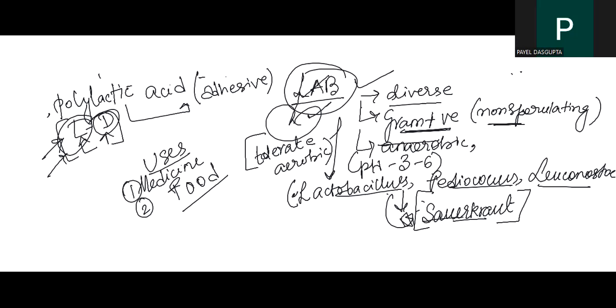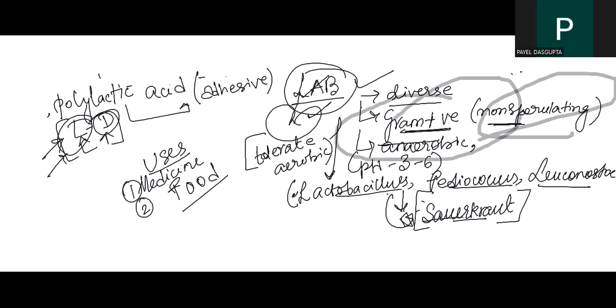The point which you should know is it is a gram-positive bacteria, non-sporulating. Okay, then the pH is 3 to 6. This is important. Then there are some bacteria like Lactobacillus, Pediococcus, Leuconostoc, which are important in fermenting products. One such example is sauerkraut. So next we will be talking about